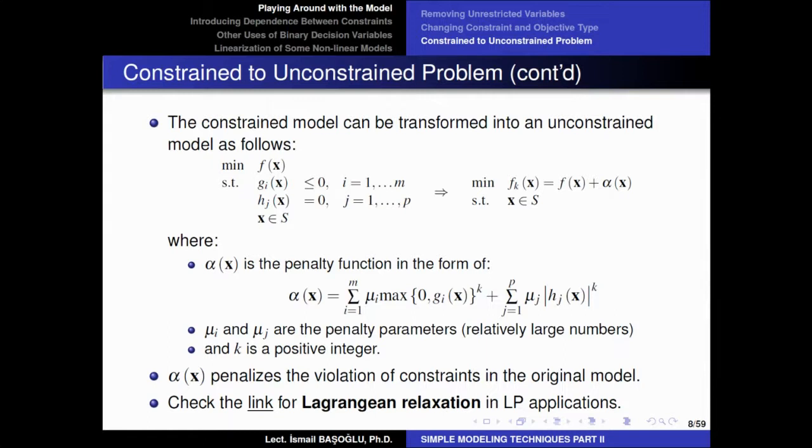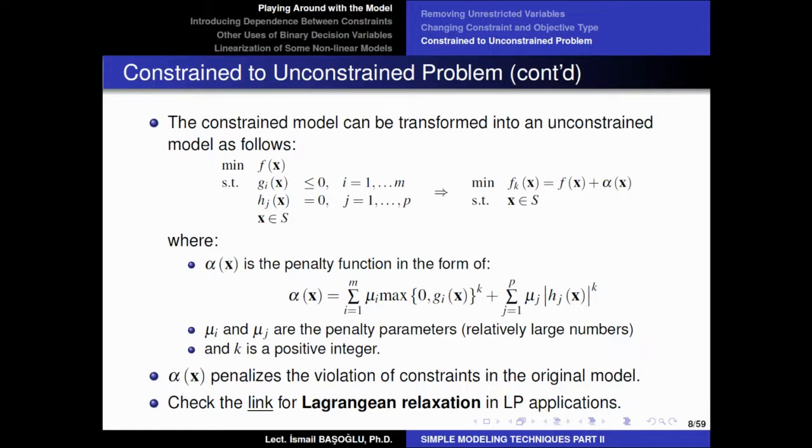For further applications of the Lagrangian relaxation, I recommend you check the Wikipedia page. Lagrangian relaxation is going to be used as a solution procedure for these kinds of problems. And remember, our objective is not to apply a solution procedure or learn solution procedures in this class. We are just interested in the different types of mathematical modeling approaches and how we can play around with the